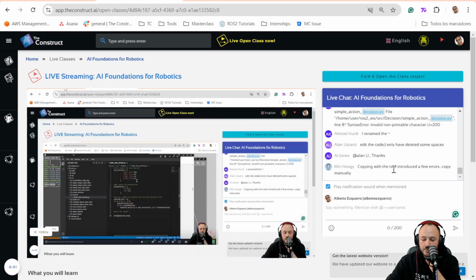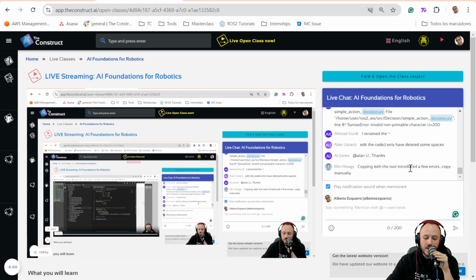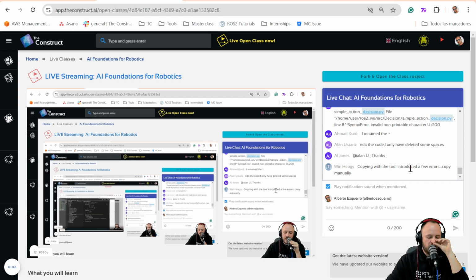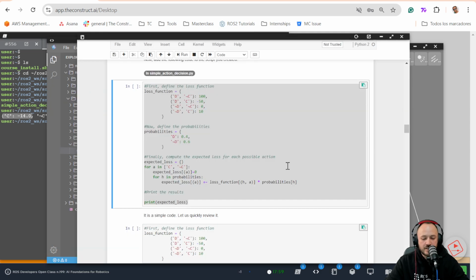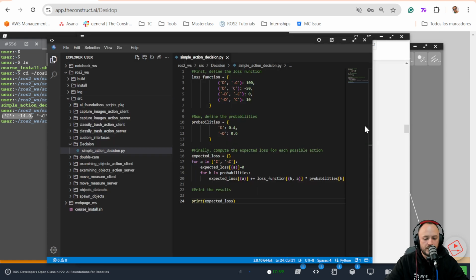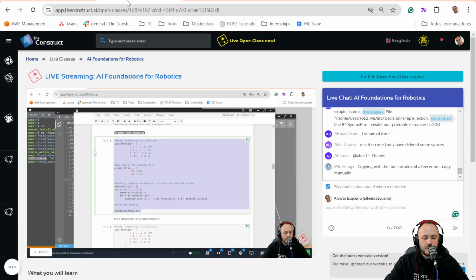Yeah, exactly. So copying with the tool, sometimes there is a bug in the system. Sometimes it introduces these strange characters. So just select the code directly like this, and copy and paste. That is going to work. All right, then